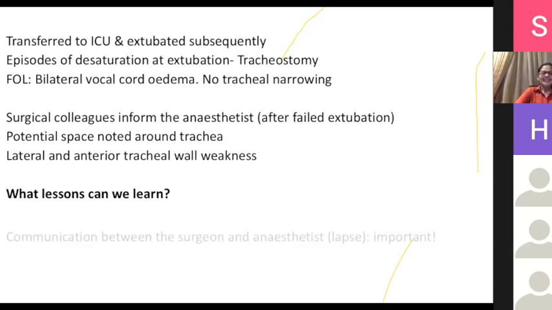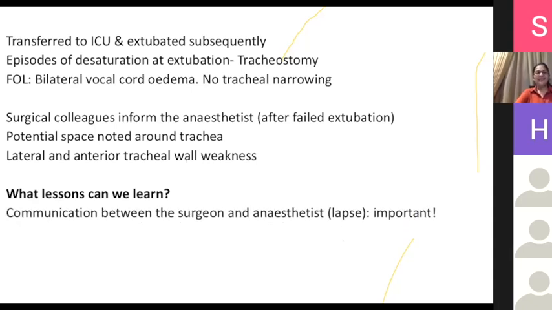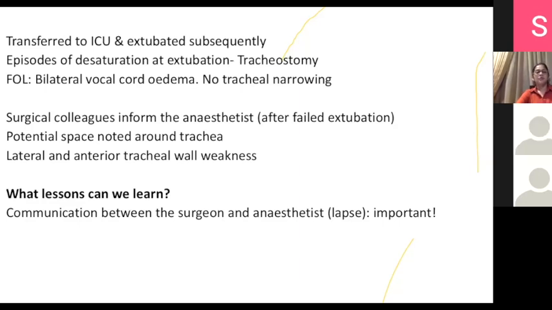Well, yes, to some extent, but I will put it in a milder form: communication. So there was a huge lapse in communication between the teams. If it was revealed, then things might have been different. And this is extremely important. But I think from an anesthetist perspective as well, even if they don't tell you, you can always ask them. Not that I'm saying that you will always get a 100% answer, but communication has been the biggest lapse here